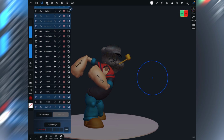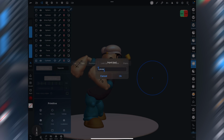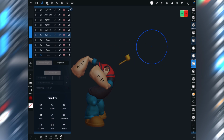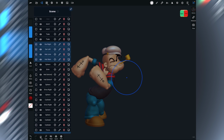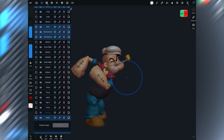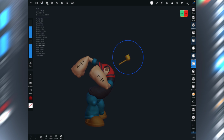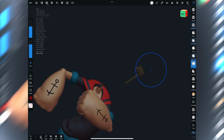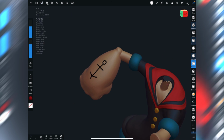The first thing I'm doing in Nomad is I duplicated my Popeye scene, and I'm combining objects, selecting the different layers and merging them into parts. Rather than print Popeye as a whole, I'm going to print him in different pieces, such as the pipe, the head, the two hands, and then the body. Some of what I do, there's not a specific rhyme or reason. It just comes from a lot of experience printing things, and you get a feel for what works,